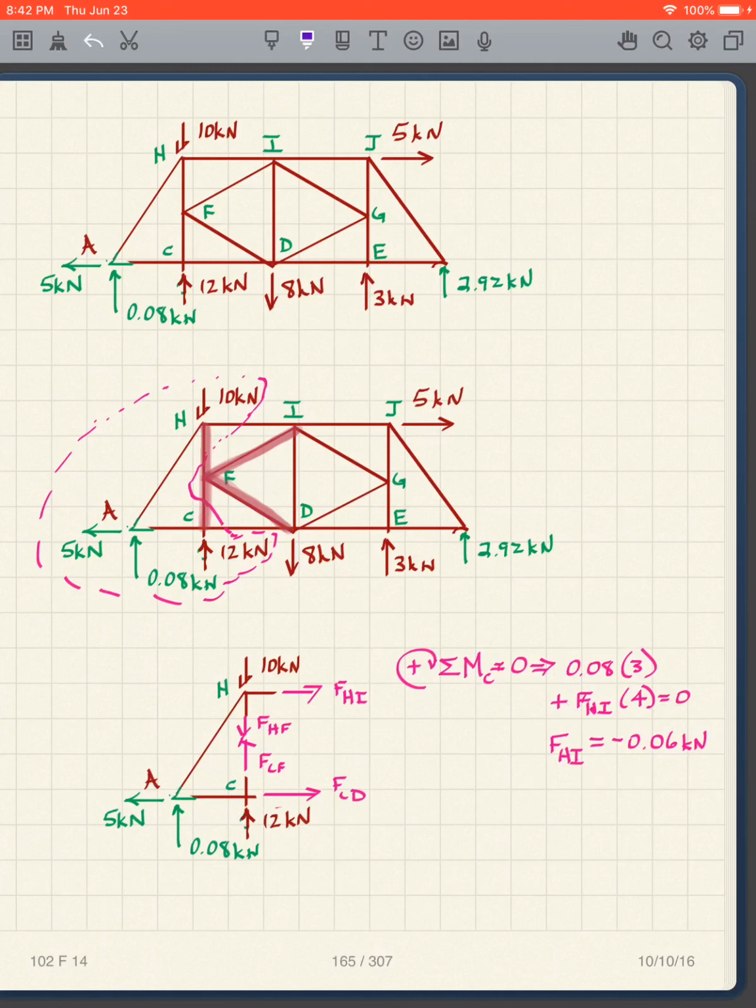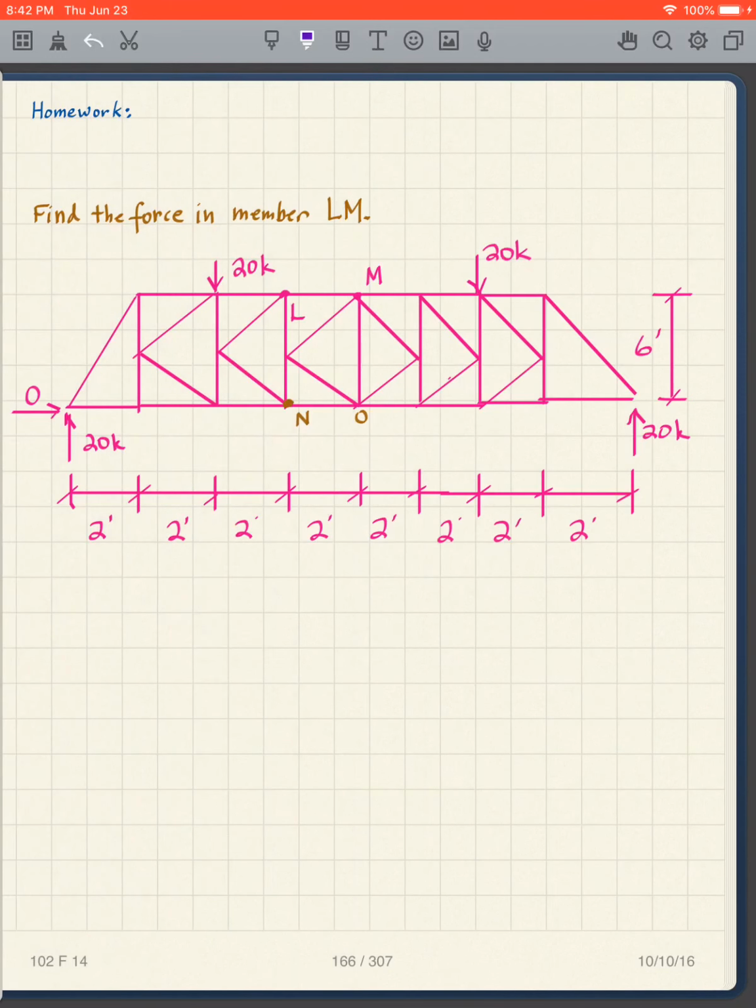So this is the trick with a K truss. So you need to know this. You see it on an exam. You need to know how to make this funny cut with a K truss. Okay, so